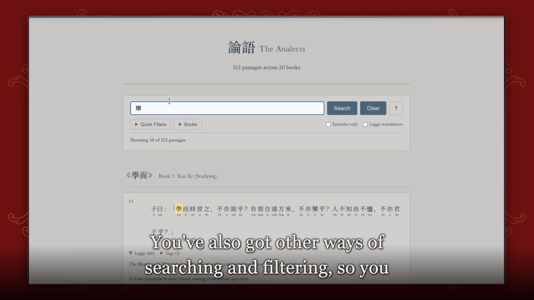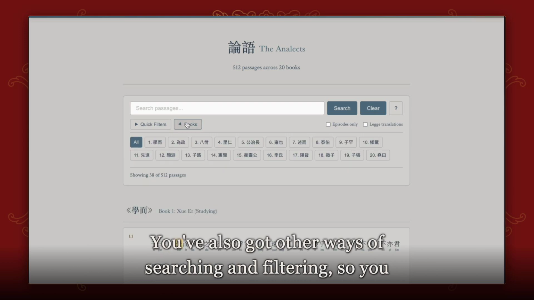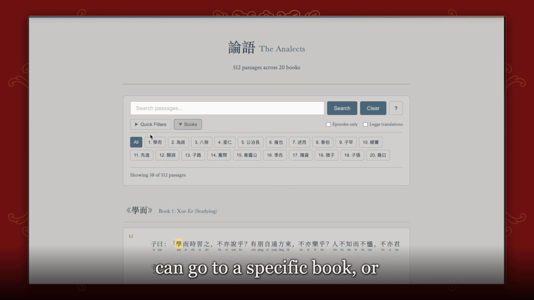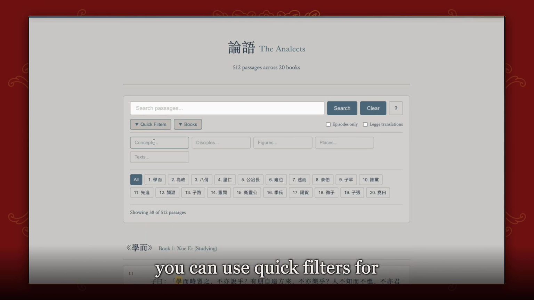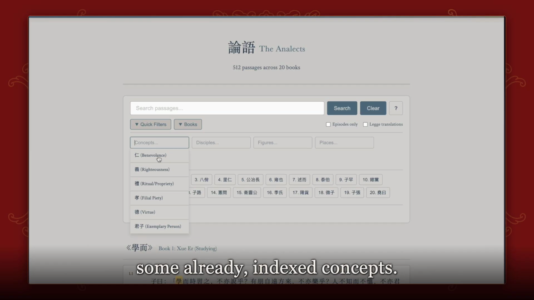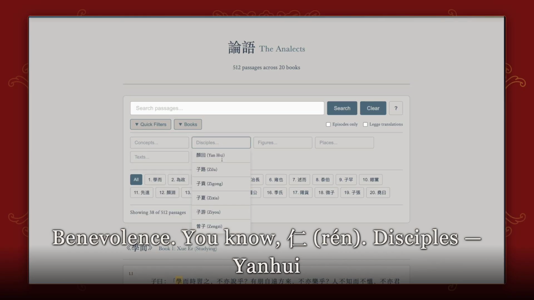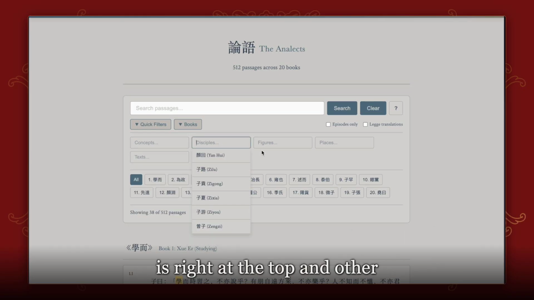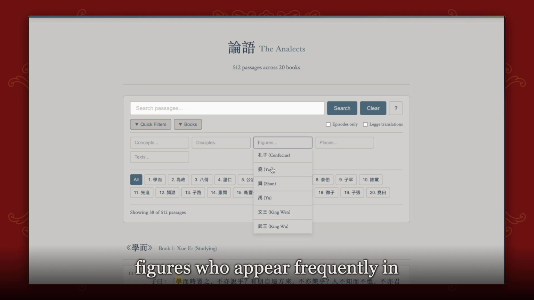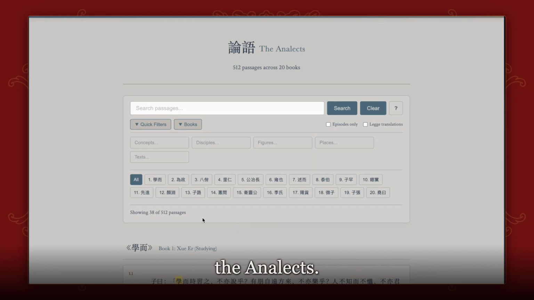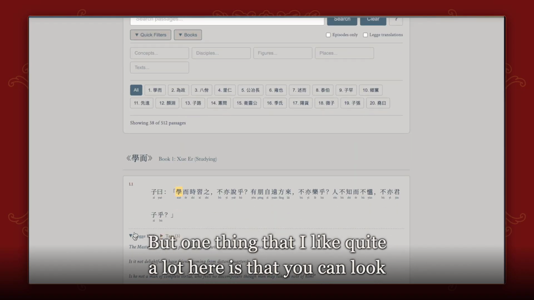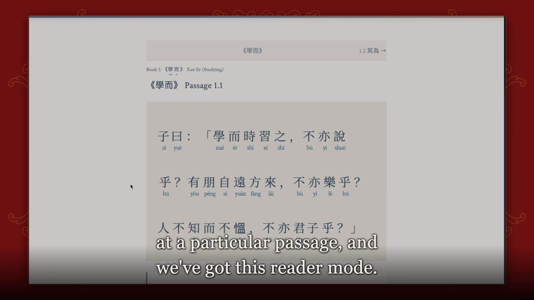You've also got other ways of searching and filtering, so you can go to a specific book, or you can use quick filters for some already indexed concepts, benevolence, Ren, disciples, Yan Hui is right at the top, and other figures who appear frequently in the Analects. But one thing that I like quite a lot here is that you can look at a particular passage,